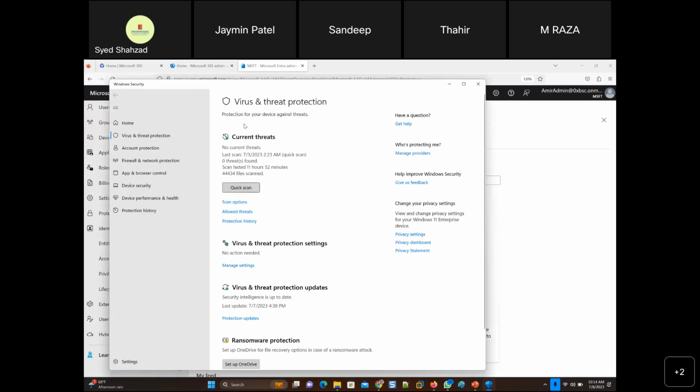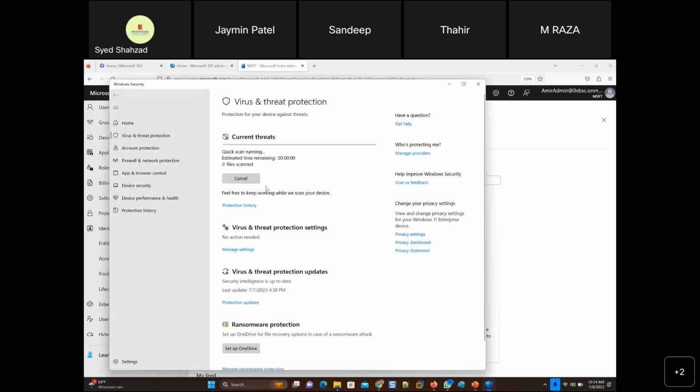Quick scan. Protection for your device. You're kidding me. Why are you purchasing that from Microsoft? Seriously, why didn't I know that? You're kidding me, man. This cannot be free.